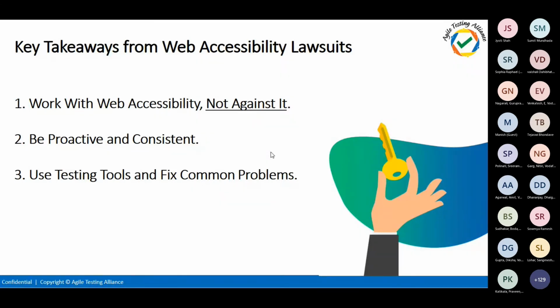They moved their product to production and then tested for accessibility, and they were sued at that point in time. So whenever you test for accessibility, be proactive and consistent, use the testing tools, and fix the common basic problems like colors and labels, so that at least it will save you from getting hit by these lawsuits.